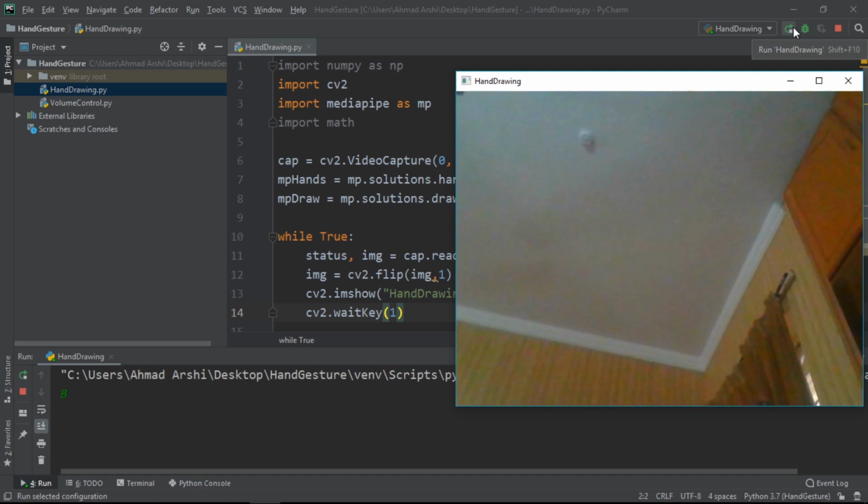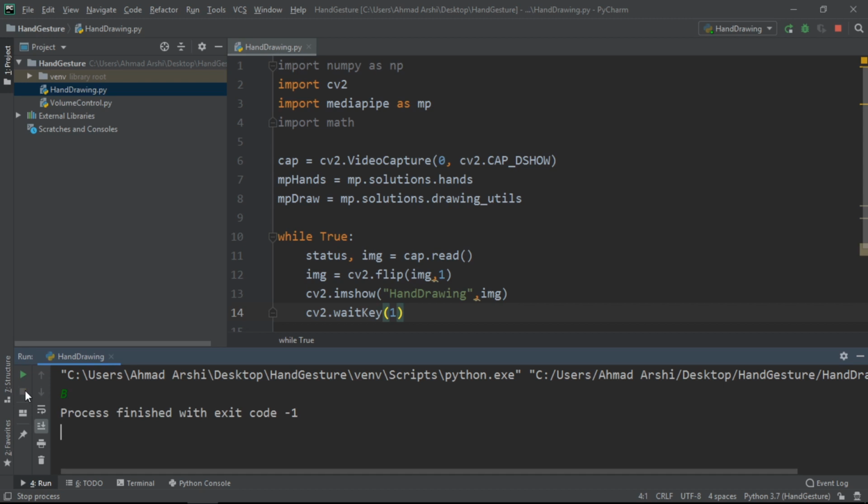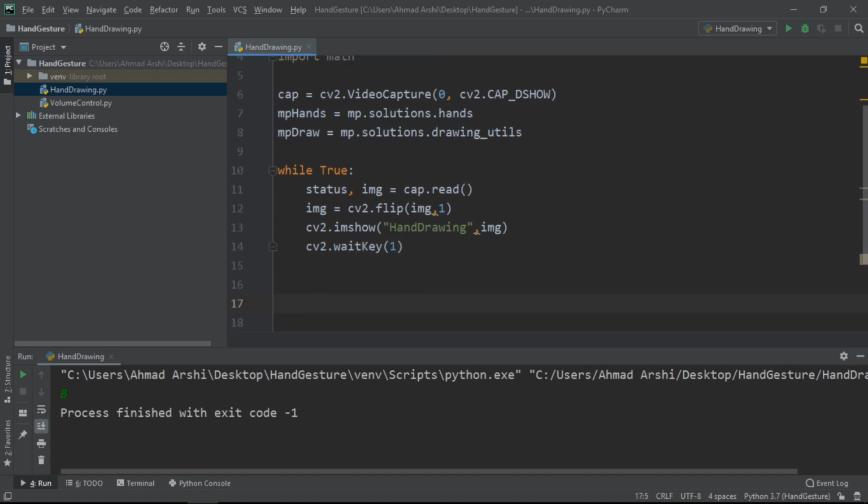Now this was the first step, and next the code is now getting the hand, and we have to write code to detect this hand. We don't have to go through any hassle of doing this stuff. The MediaPipe library will do the magic for us. So the first thing we have to do is convert this image to RGB, and then we will go for processing this hand. It's the convention for converting the image to the RGB channel so that the MediaPipe library can read it and analyze it.